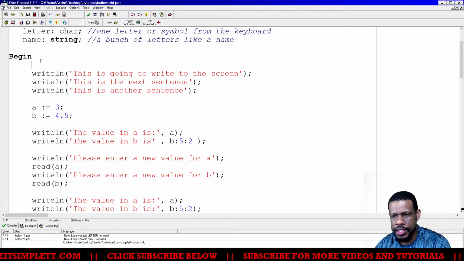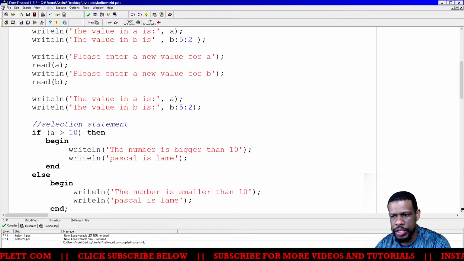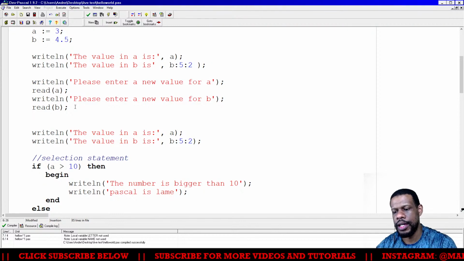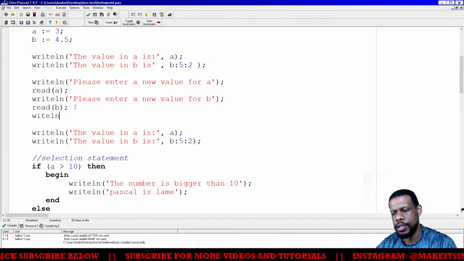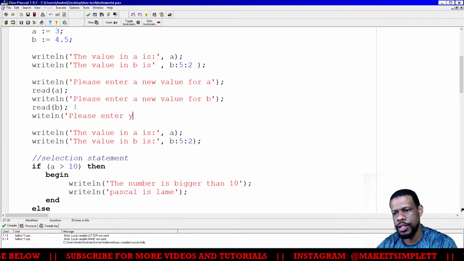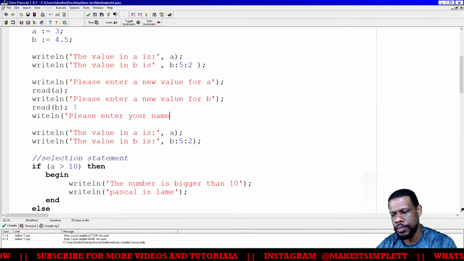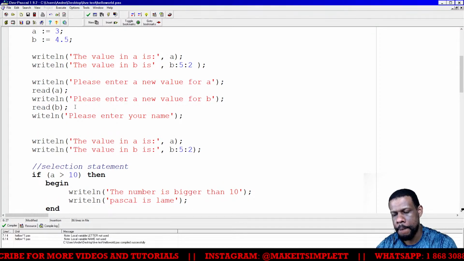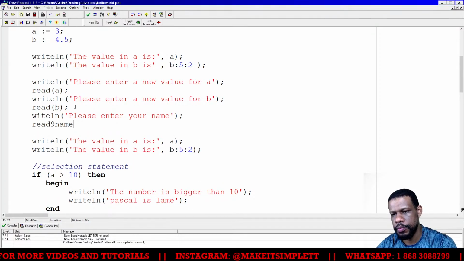Okay, I'm going to put this at the start. No, actually I'll put it in here, read, yeah. So if I want to read the person's name, writeline, please enter your name, and then I'm putting in read name.